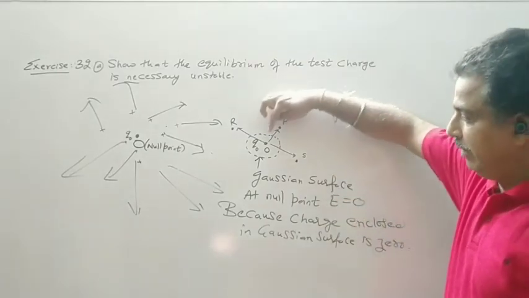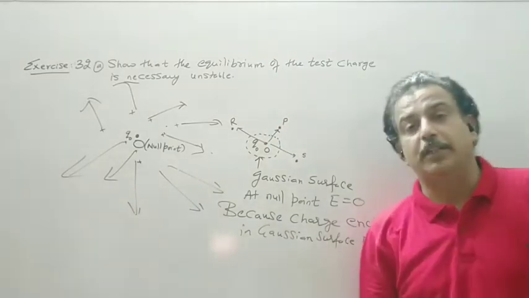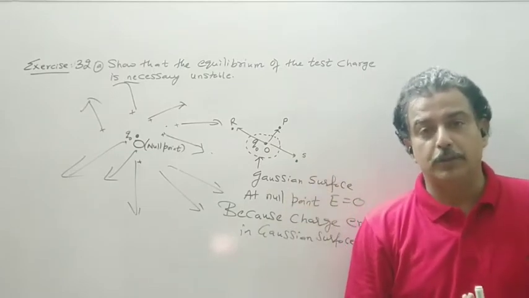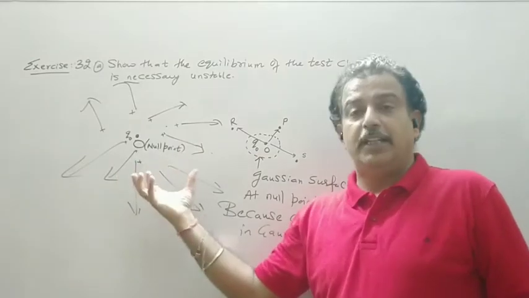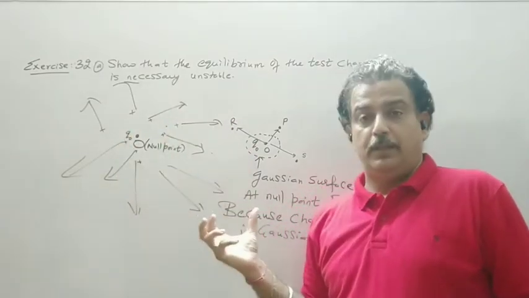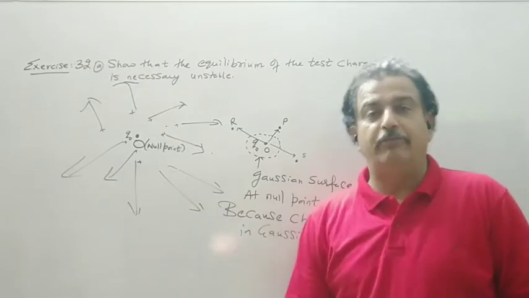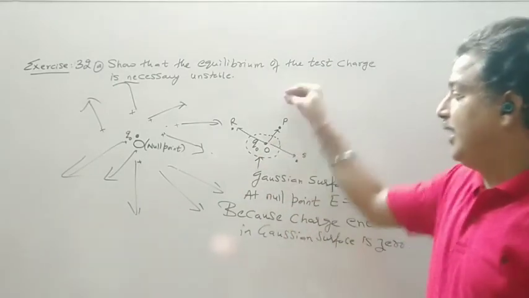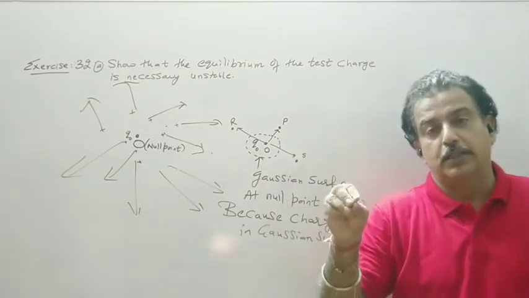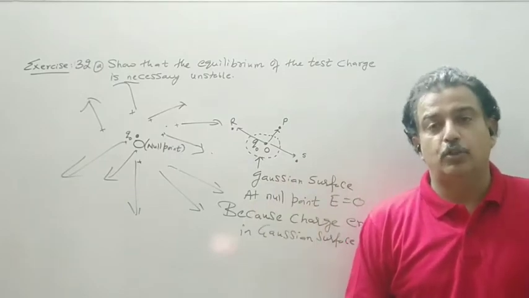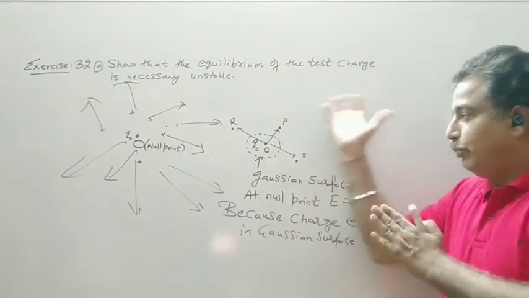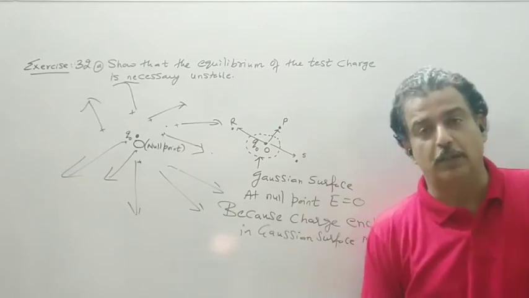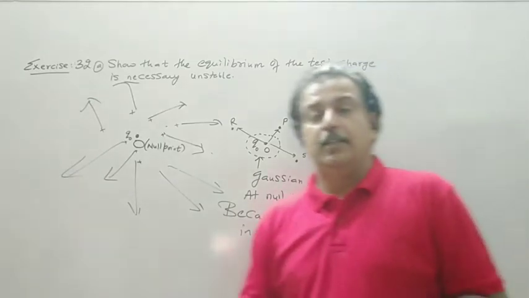Moreover, you have to remember whenever you move a particle, there should be some restoring force, and that restoring force should be equal and opposite to the Coulombian force. But here the electric field given is not uniform, or it is an arbitrary configuration. Somewhere the intensity of the field is more, somewhere the intensity is less. So if I move it in any direction, the electric force will not be same, and therefore the restoring force will not be able to bring that particle or a test charge to the same position. So once it is disturbed from its original position, the test charge is unstable.